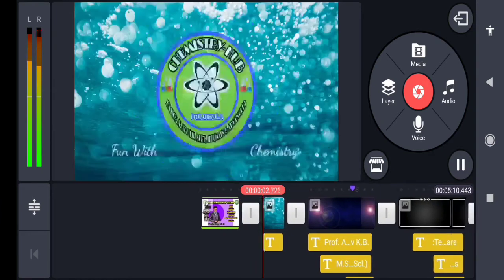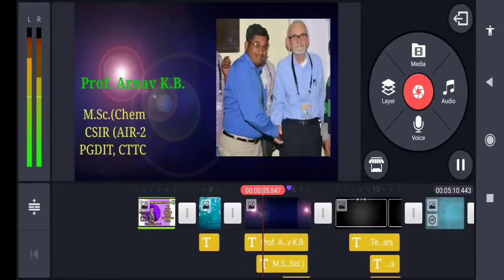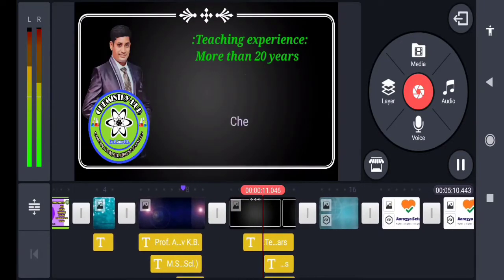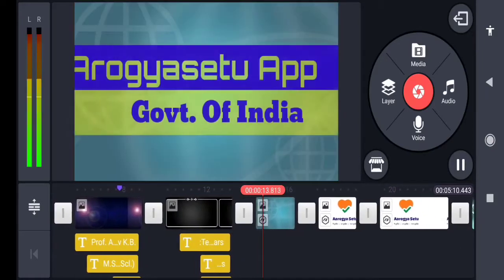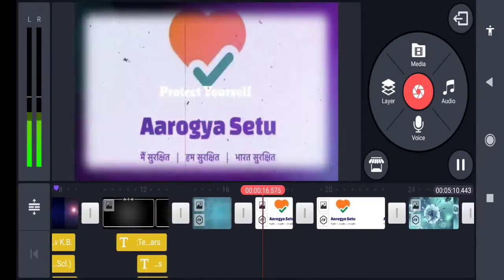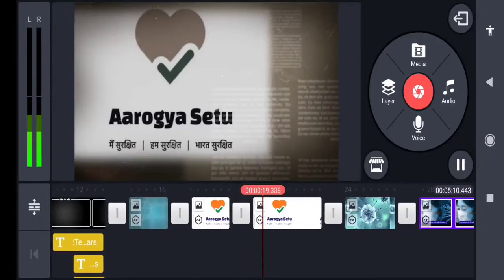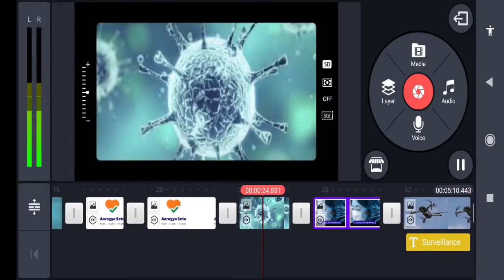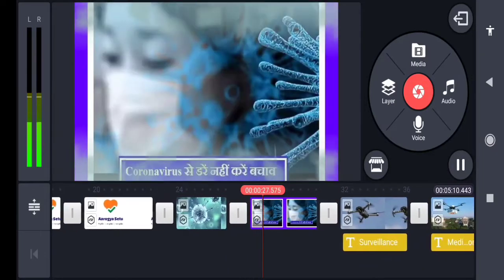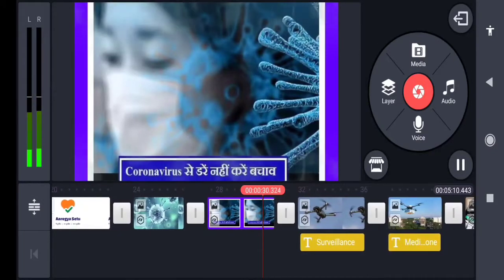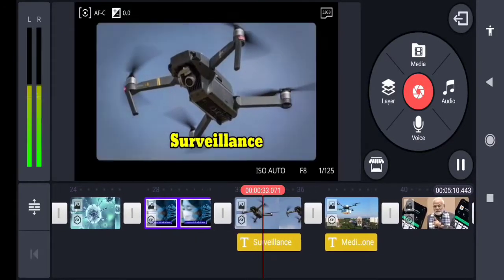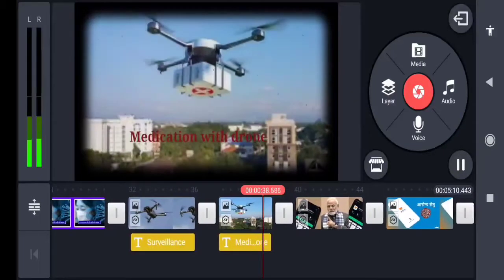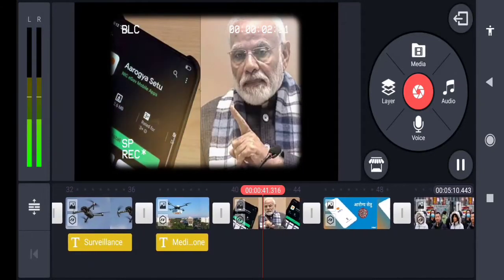We will discuss later how to download the cracked version, or rather not the cracked version but KineMaster with all features. You will not find the KineMaster watermark here. I will provide you a link in the description. If you go through that link, you will get KineMaster for download with all features. Thousands of features are there, and if you download KineMaster equivalent to the paid version, then believe me, dear friends, it has more features than Filmora.